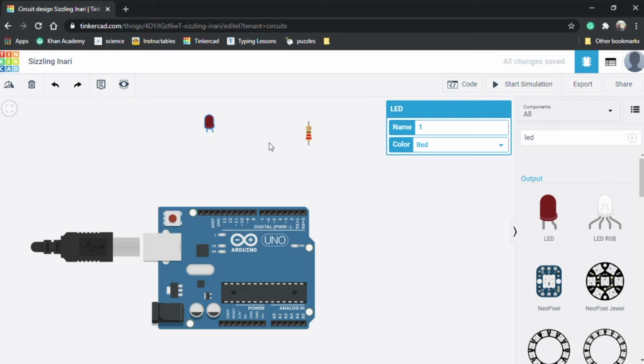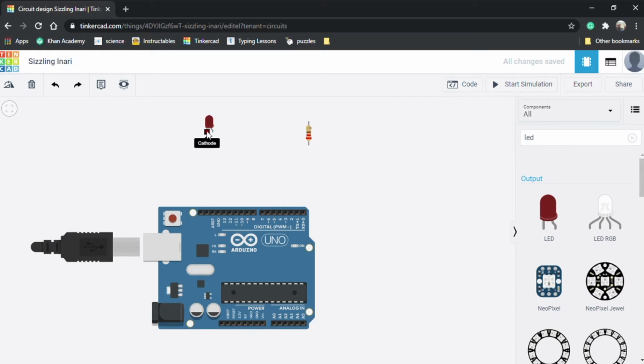Now let's wire them up. How do we connect these components together? That is very simple. We just have to press at its terminal. Here it is showing that it is the cathode and this is the anode. You press at the cathode, and you can see that there is a wire, a line coming out of it. We just need to connect it to the GND pin like this, and then press again to connect it. So we have connected the GND pin to the cathode of the LED.